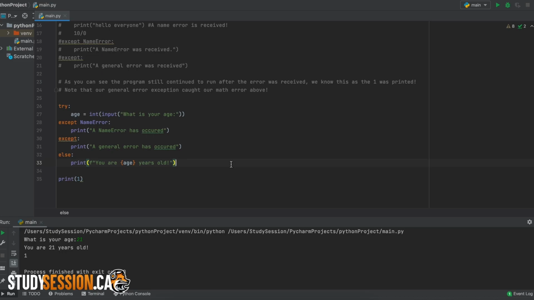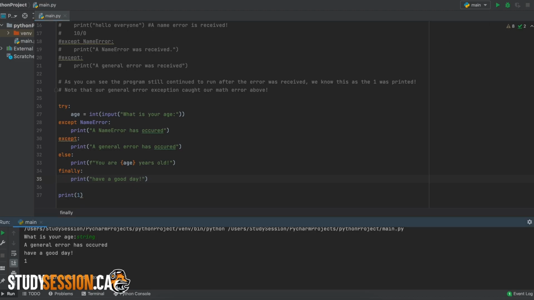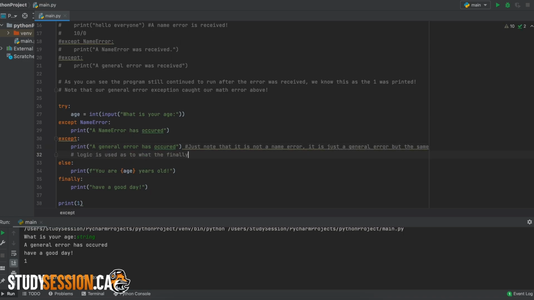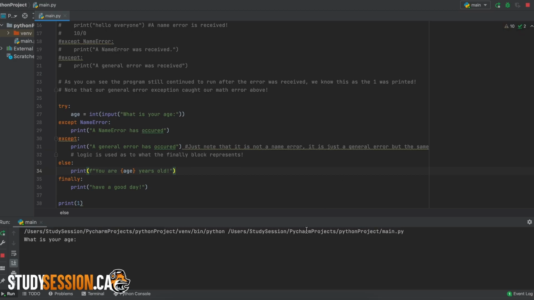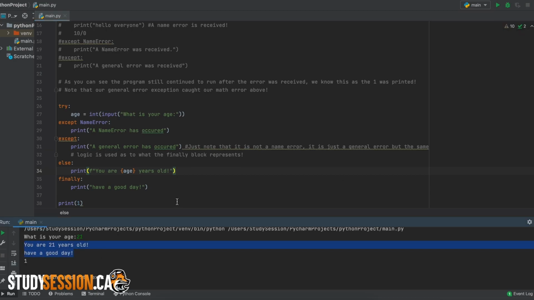Lastly, we have one last block to go over, and that is the finally block. The nested code here will be activated whether there is an error presented to the user or not. So, to prove that, let's add a statement saying have a good day to our user. Now, let's initiate a name error by giving Python a string instead of an integer. And as you can see here, we get our error and then the nested code from the finally block, but not the else block. Fixing this error, we see that we do get the nested bit of code in the finally block either way.